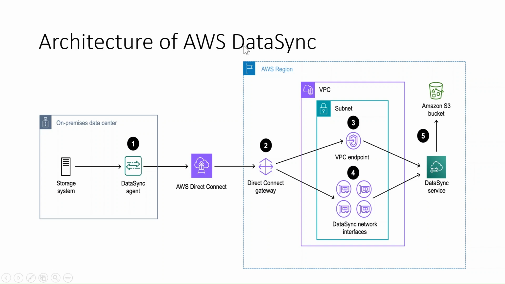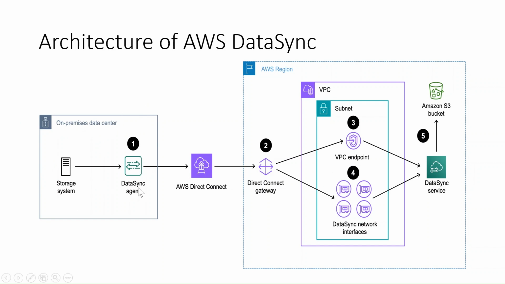So this is the architecture of AWS DataSync. So this will illustrate how DataSync is used to transfer data from an on-premises data center to AWS in a secure and efficient manner. So let's see how it works. So here you can see this is the on-premises data center. So it contains your organization's storage system, where your current data resides,